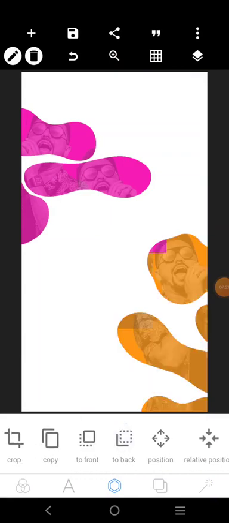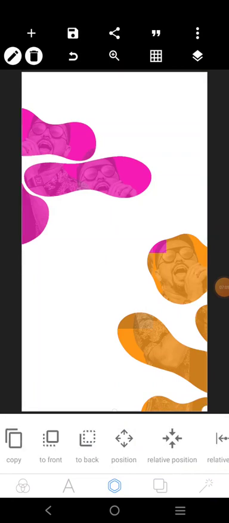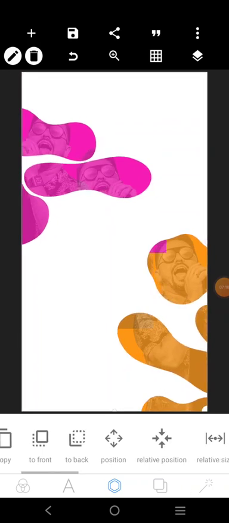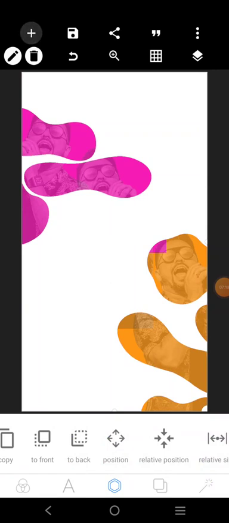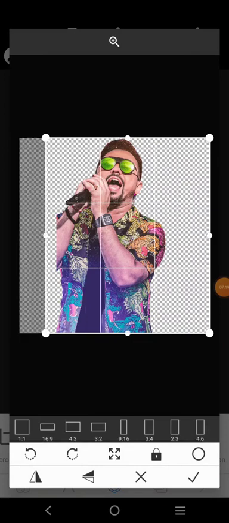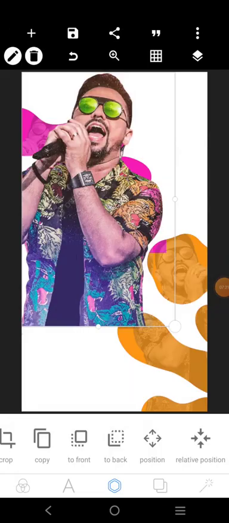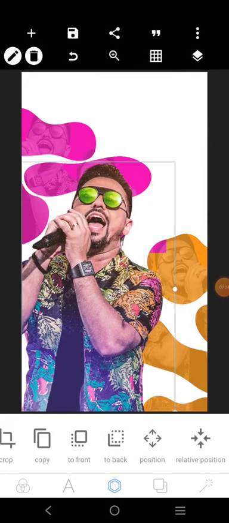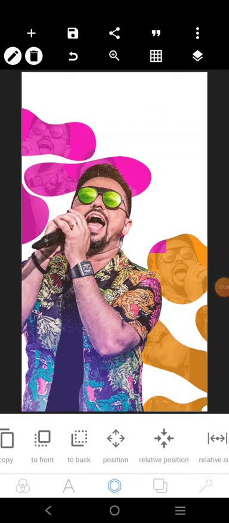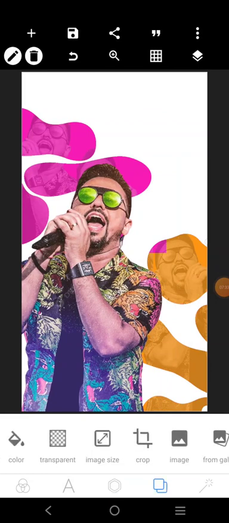Okay, so after this now I can bring in my image, this guy right here that I'm going to be using. I'll bring it and it's going to be there. I see that now. So you see, then this white, I can change the color now. This guy here,